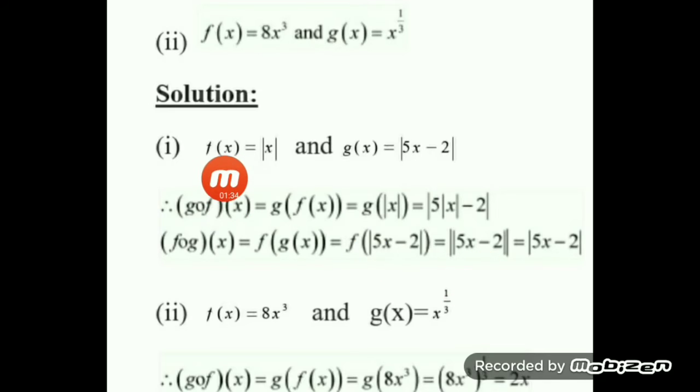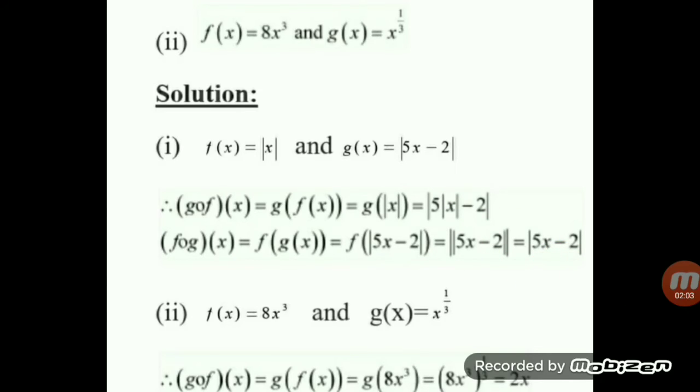Just directly also you can do. F(x) is modulus of x. So in the place of x, we have written modulus of 5x minus 2. So first modulus will be there, and in the place of x, we are going to write this. So two modulus signs will be present, positive and positive. So it is sufficient to give one modulus, but here you cannot remove the modulus sign in this case, because 5 into modulus of x means this is positive. But here in this case, as a whole positive. So you can remove this 2 modulus sign.